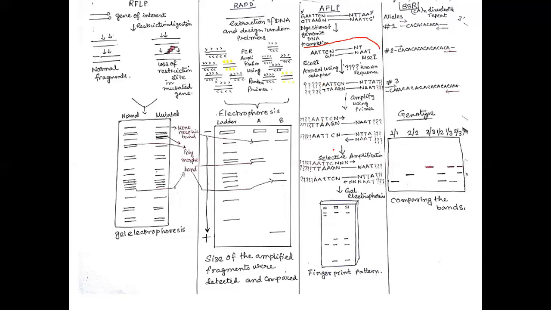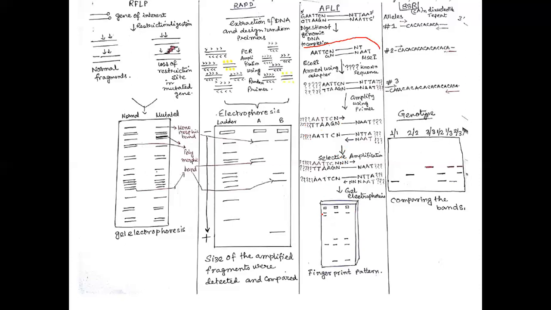Now we are using primers complementary to the flanking sequences. So there is no confusion that the primers will bind selectively to the target region only, and so we will get more error-free PCR products in amplified fragment